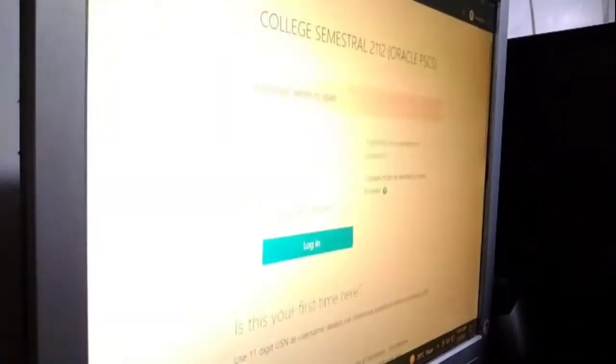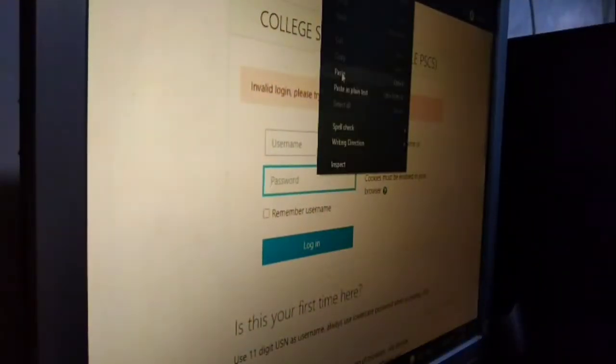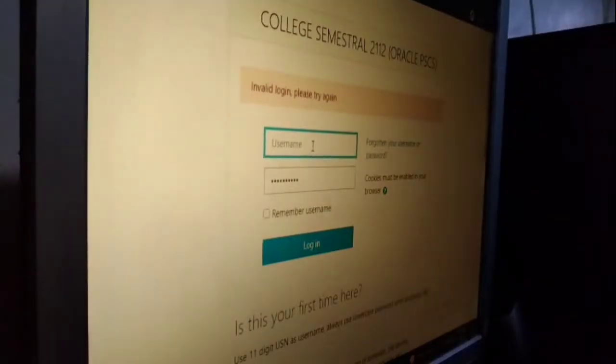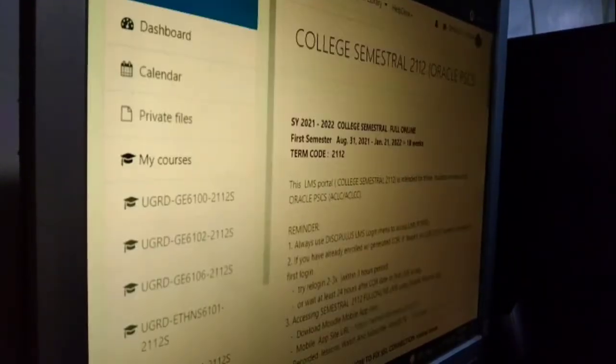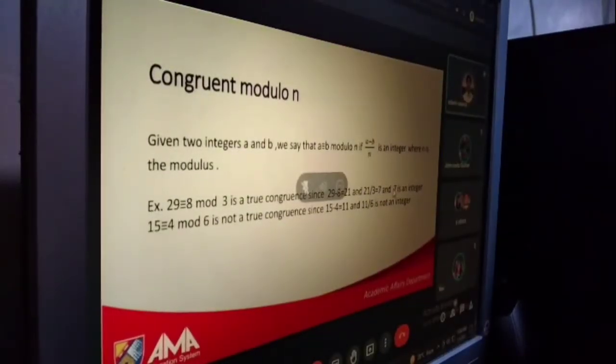Ano naman yung congruent modulo? Dito, given yung integers, two integers, A and B. So, pag sinabi natin integers, it is either negative numbers or positive numbers, pero hindi siya decimal, hindi siya fraction, hindi siya radicals. We can say